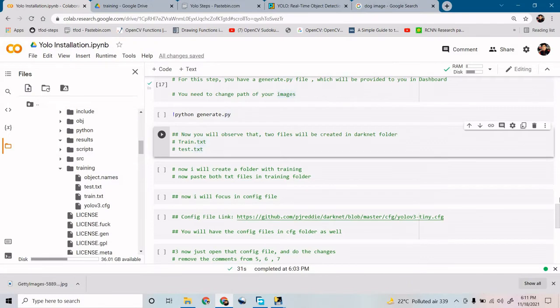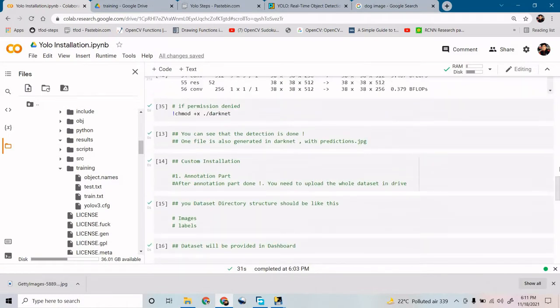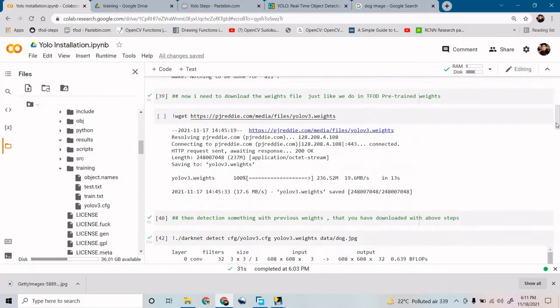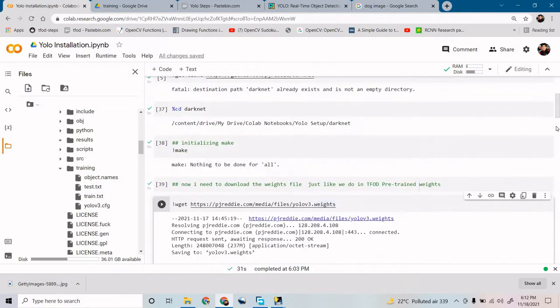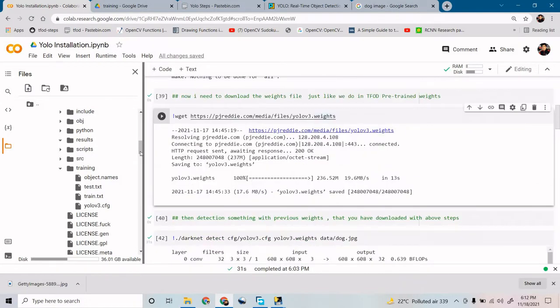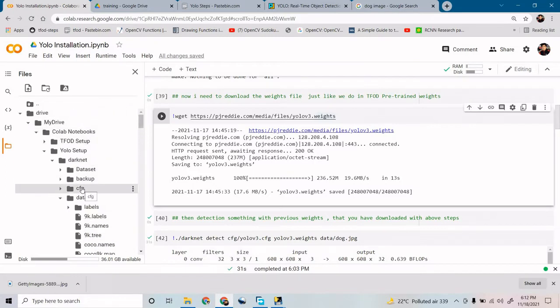You have downloaded a YOLO v3 model with the help of that command, if you remember. With the help of this command, you have downloaded the YOLO v3 weights, the YOLO v3 model. So you need a YOLO v3 configuration file. When you download this darknet folder, you will receive a CFG file, inside a CFG folder.